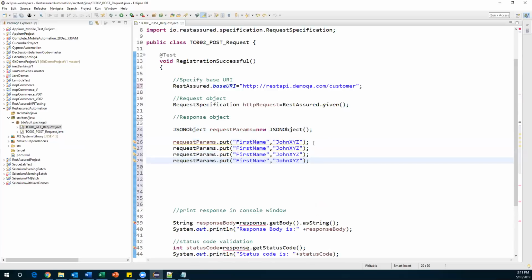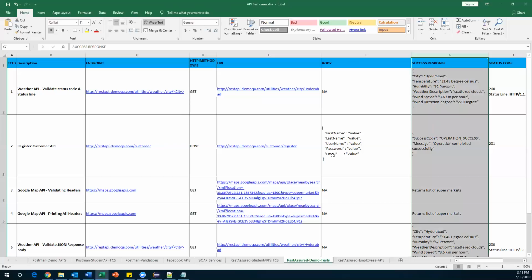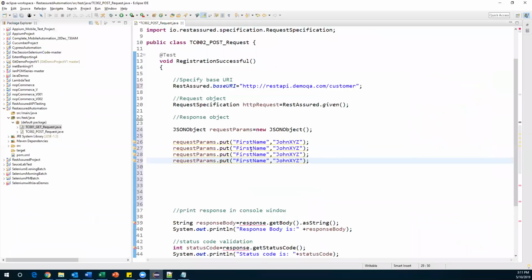How many parameters we need to pass? According to this case, 4 parameters: first name, last name, username, password, and then email ID. Now 4 parameters I should pass. So here, go to Eclipse. This is the first name. This is your last name. So last name is say XYZ and then John,